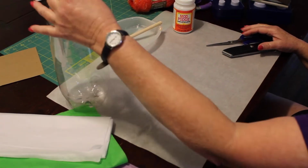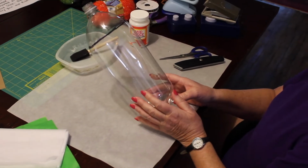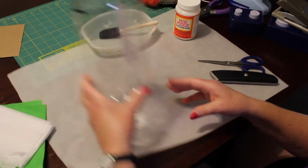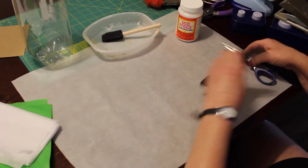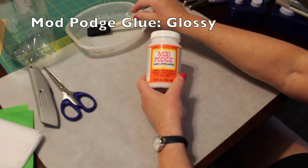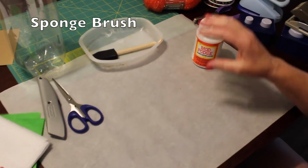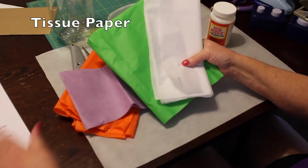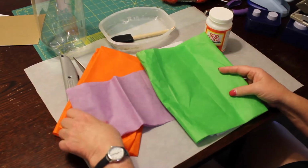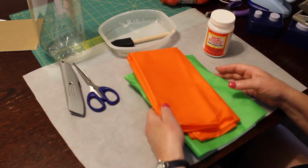For this project, you'll need some 2-liter bottles. These are just clear bottles, not the ones that are green, and you want to take off the paper from them. A mat knife or scissors, glue, the Mod Podge glue, and a brush, some tissue paper, some white for ghost, the green for Frankenstein, purple for a ghoul, and orange for pumpkins,